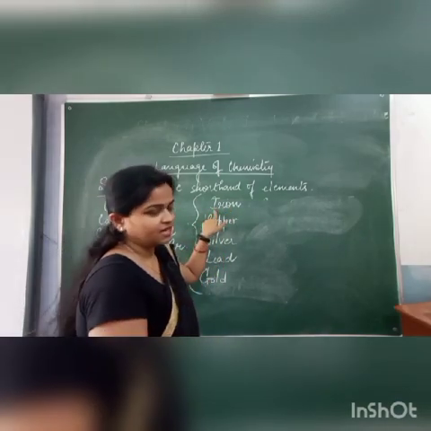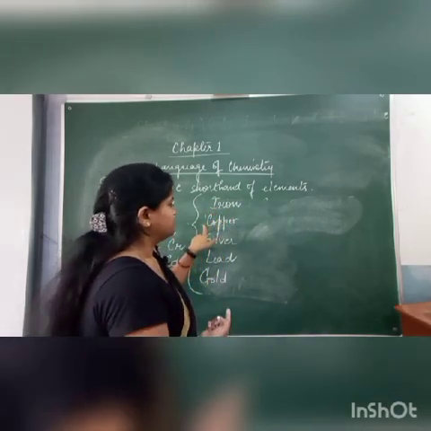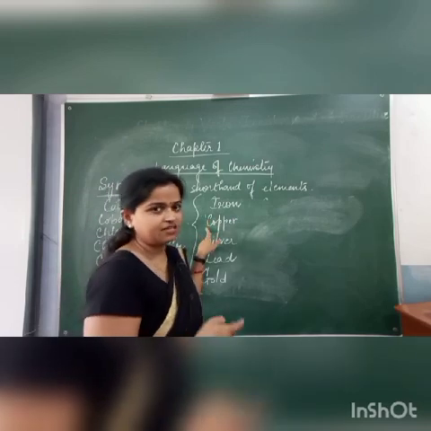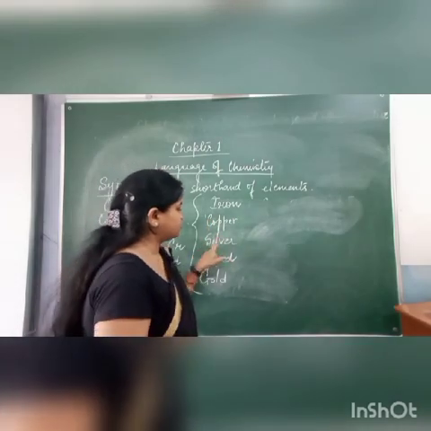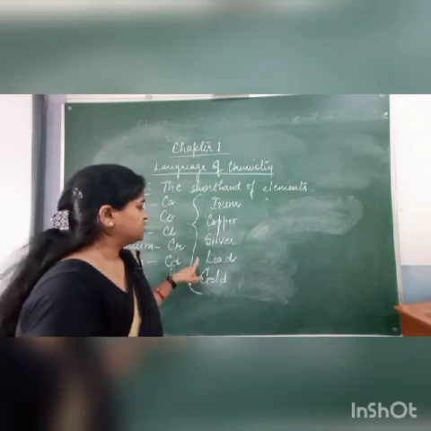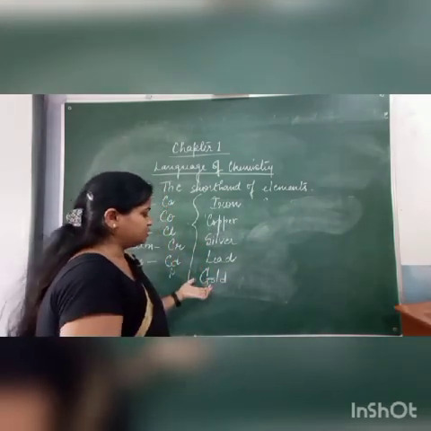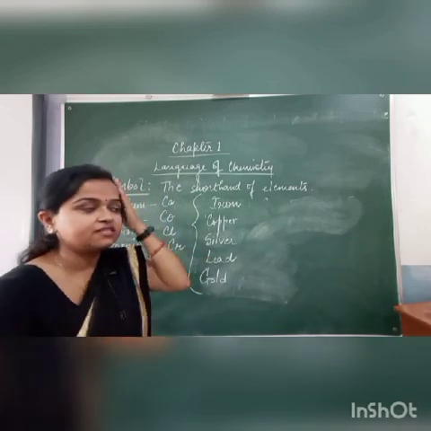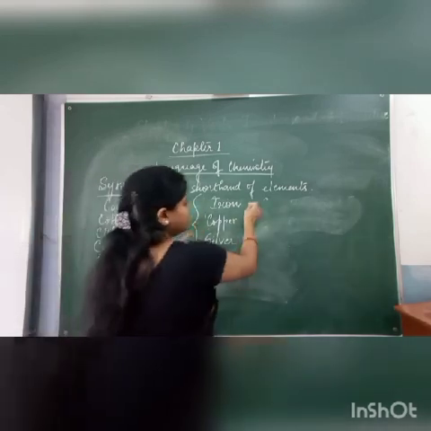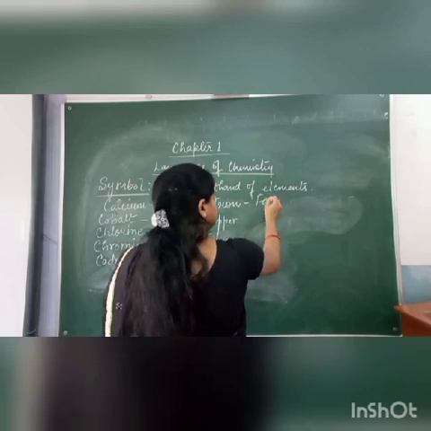The first letter of iron is I, that represents iodine. The first letter of copper is C, that represents carbon. The first letter of silver, S, represents sulfur. Again here L, that is not possible here. And gold, G. So for all these elements he has taken Latin names, where the Latin name of iron is ferrum.